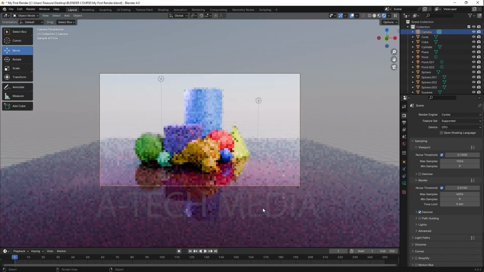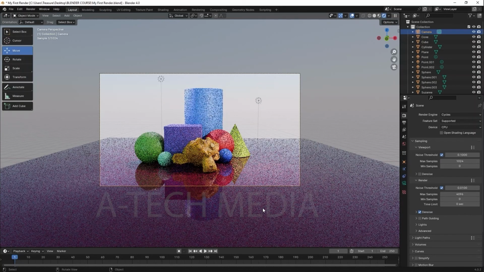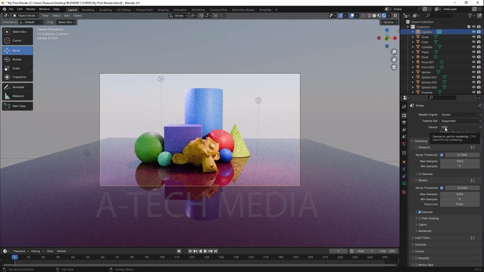So the first thing you'll notice is that it takes a lot longer just for you to view your object in the render scene. And the reason it's taking this long is because I'm still using the CPU over here. So if you want to change this, if your cycles render is taking this long and you have a GPU